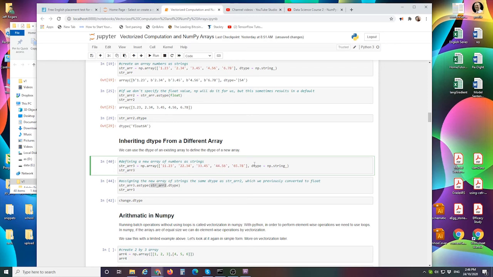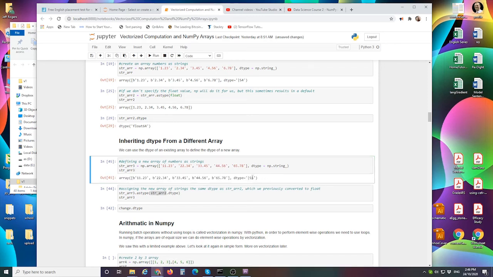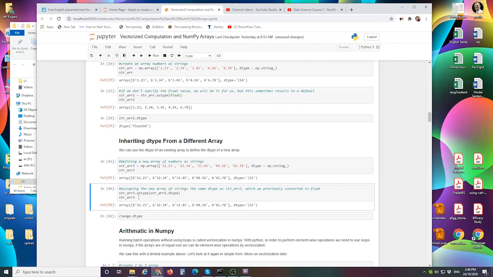So let's do this step by step. Let's create this and then output it. So it tells us right here it's a string 5, and these are floats within string variables, confirming that, surprise, surprise, no conversion has been made. And that's because we have to put it into a new variable. So let's create a new variable called change equals that. And then instead of outputting stringArray3, we output change. And run this again. And we get our conversion into float 64. And if we run the data type, we can confirm that